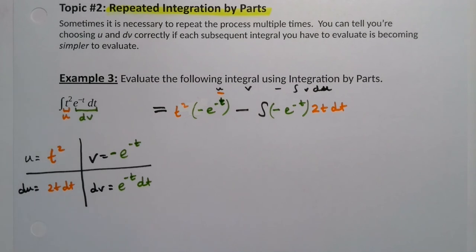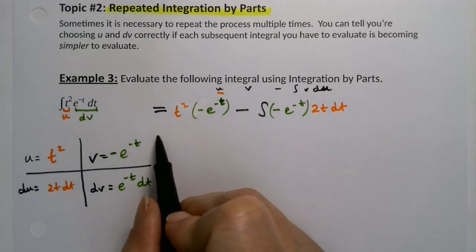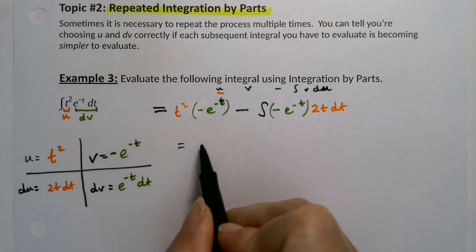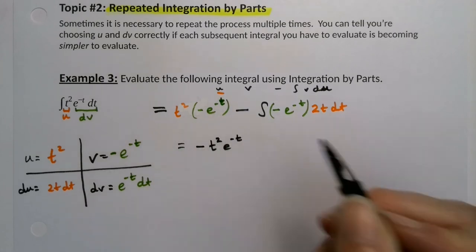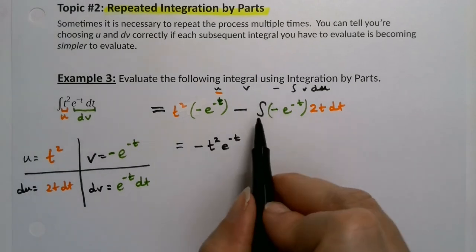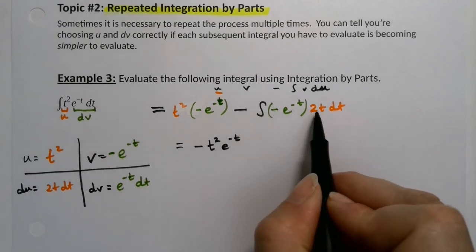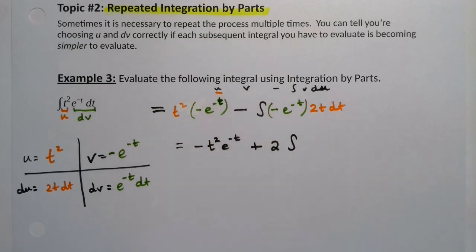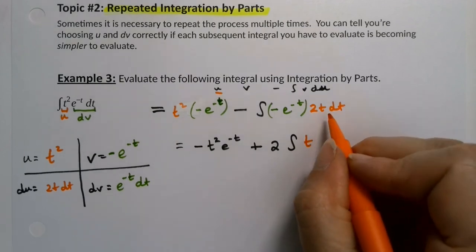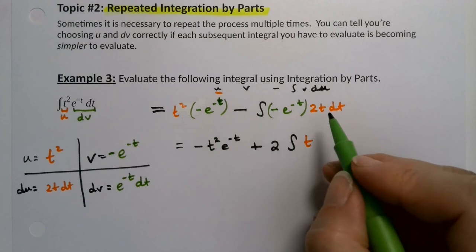Okay, now let's clean this up because this is a mess. All right, so this part in the beginning is no problem. This is t squared and a negative, so it'll be negative t squared e to the negative t, which is what I wrote earlier, so that's fine. This is a minus 2, so this is plus 2 integral of t, because I've got a t left in there, and then an e to the negative t